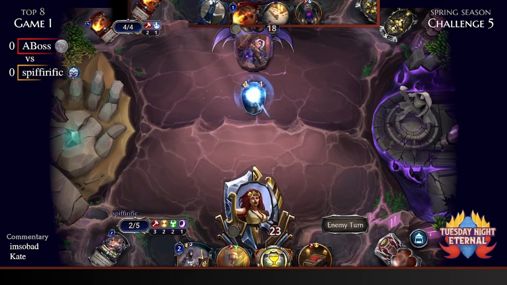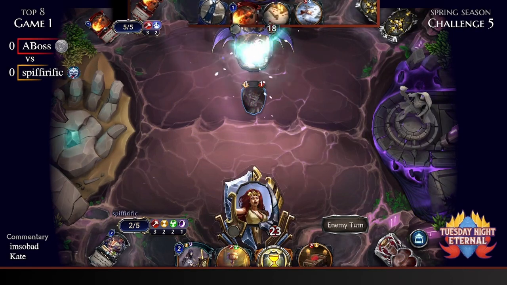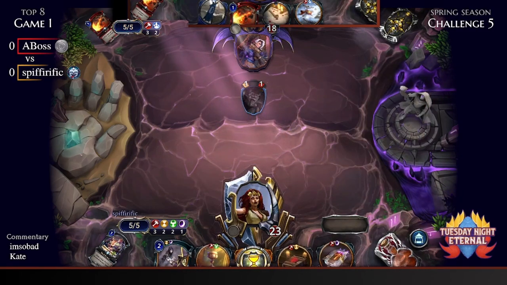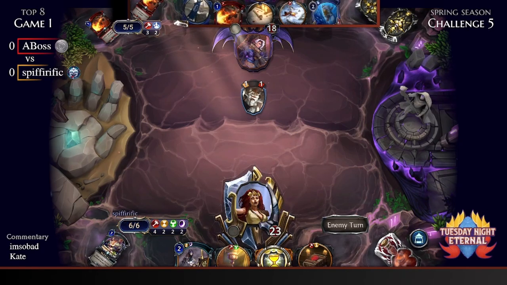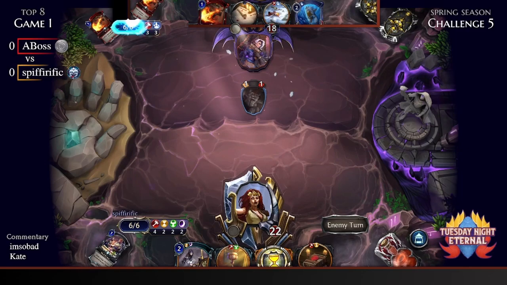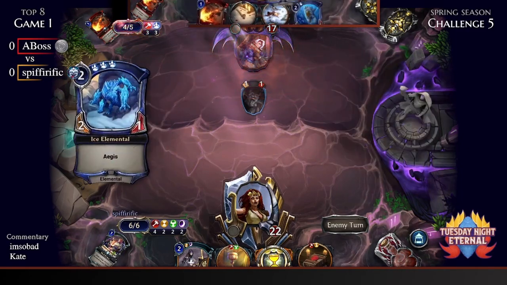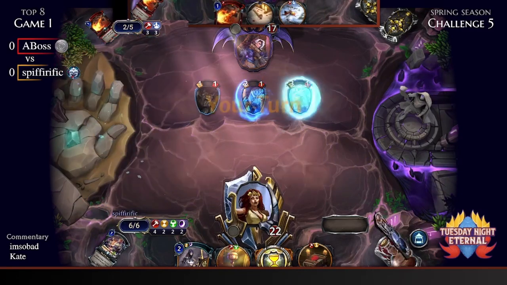Yep, that's true. But ABoss gets through with that Yeti to draw more power. Wow, everybody just has tons of power. Yeah, both players seem to be flooding out quite a bit. ABoss, Plunk is a pretty good answer to Flood. Yep, Plunk here will put ABoss quite ahead, and Spifferific will need 2 whole cards to answer Plunk in most